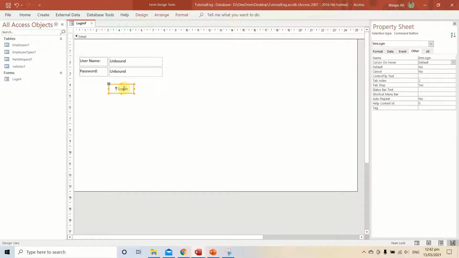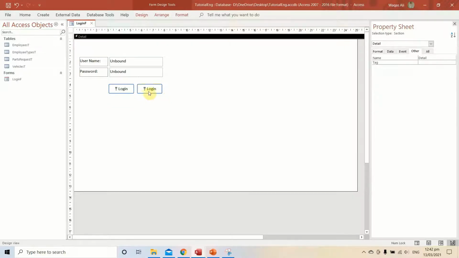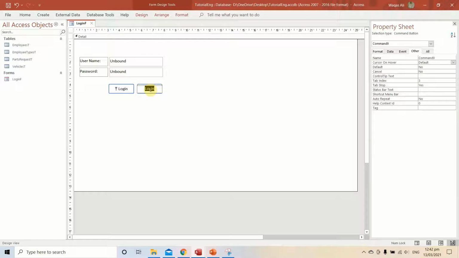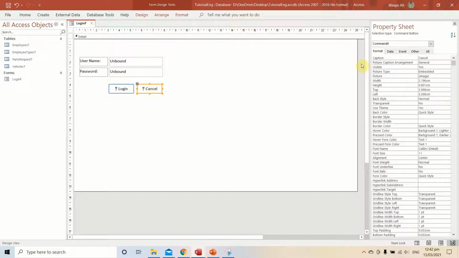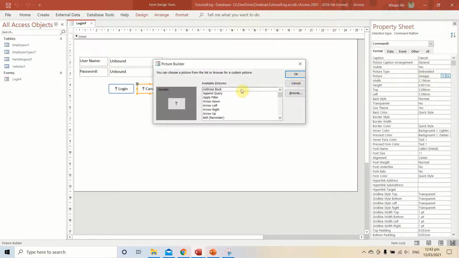Now we'll copy this, paste it so we can save our time. This is another trick. That's why I did not create two buttons right away, because I want to make all the formatting and then simply copy and paste and change a little bit. So we'll make it cancel, and instead of key I want to have a little cross here, so that symbolizes the cancel button. So we'll go to the format tab, and in here we'll go to the picture,